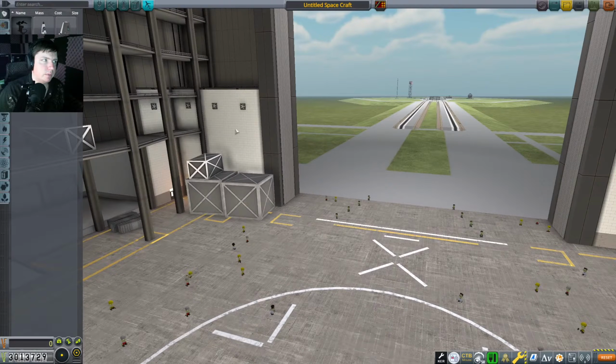We have to make a couple of missions to Minmus, because we actually have to rendezvous two objects around Minmus. What I'm thinking we do,